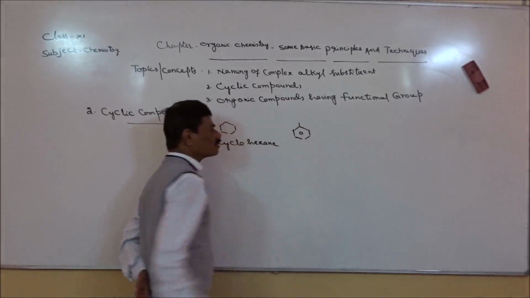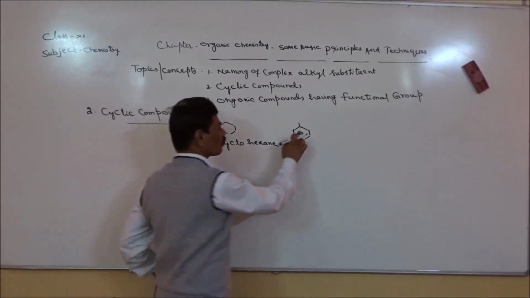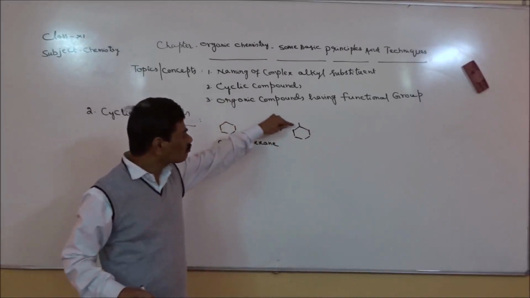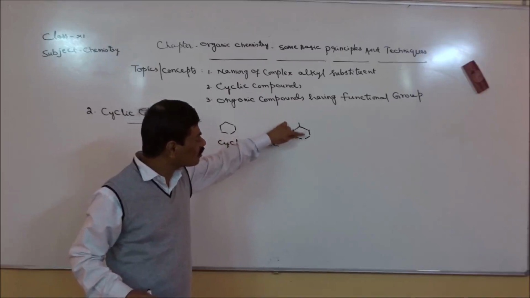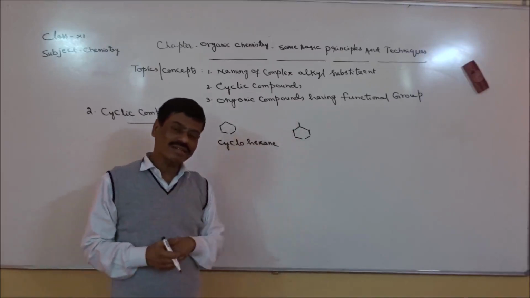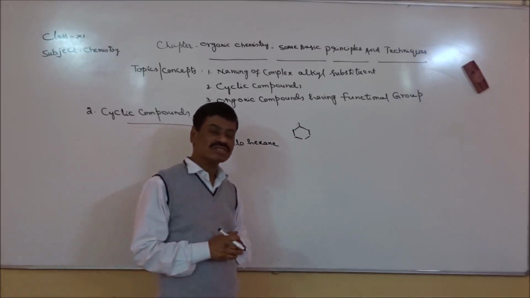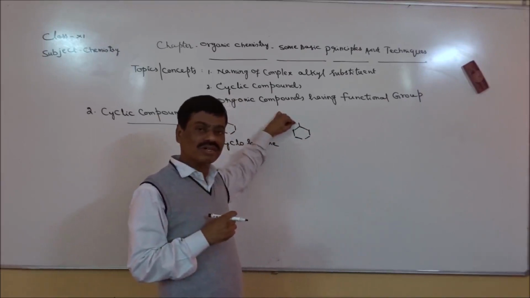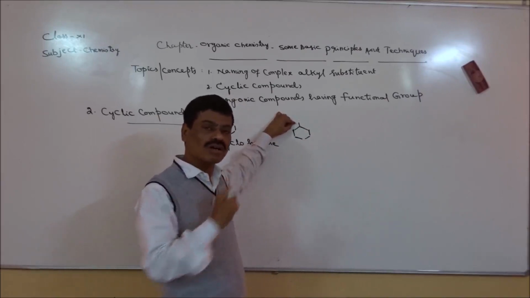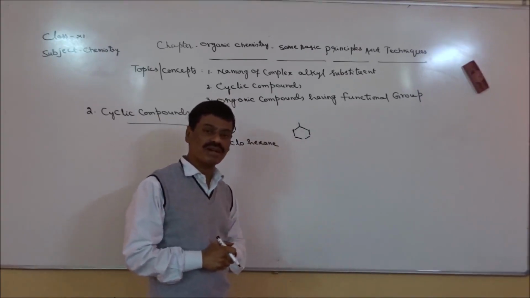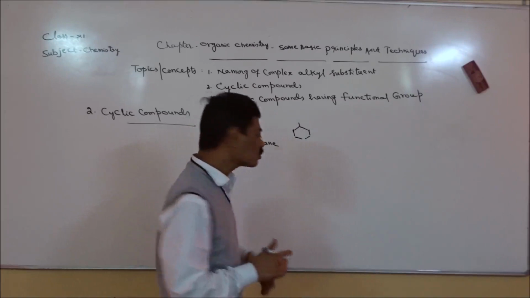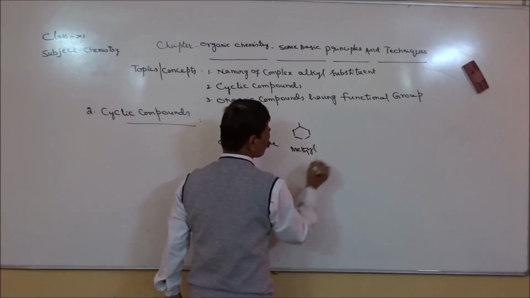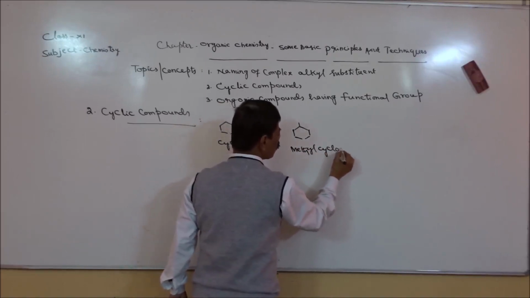In this compound, see, 3 pi bonds can be shown in the form. Here in this compound, I have shown one bond above a particular carbon atom of that ring. So whenever one line is shown, recall bond line structures. Whenever one bond is shown, the tip of that bond, the terminal end of that bond, indicates presence of one carbon and three hydrogen atoms. It is called methyl. So its name is methylcyclohexane.